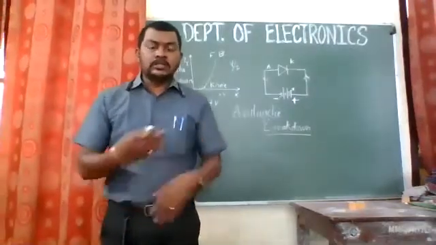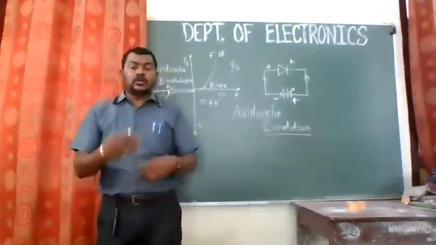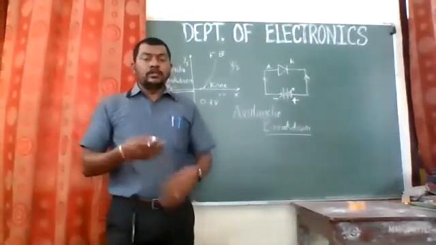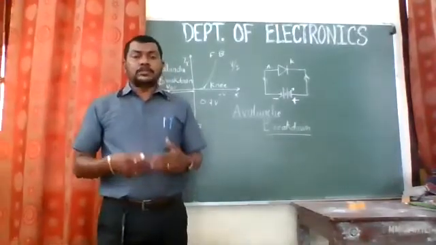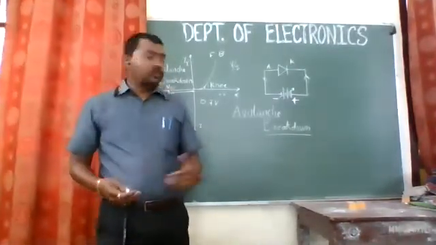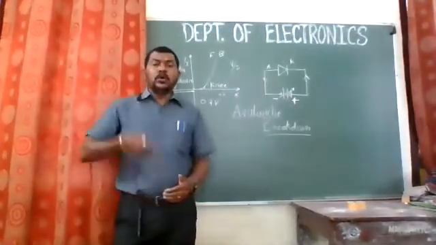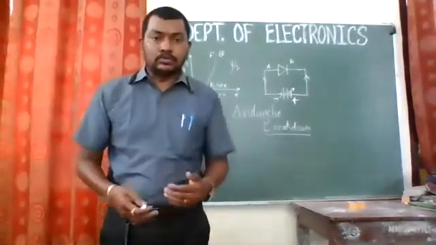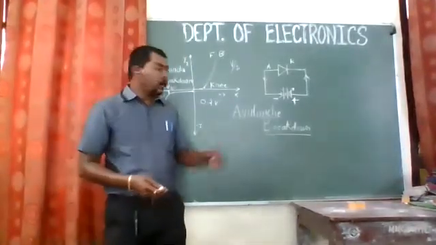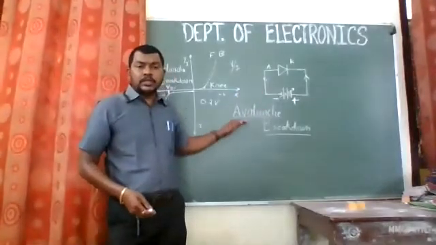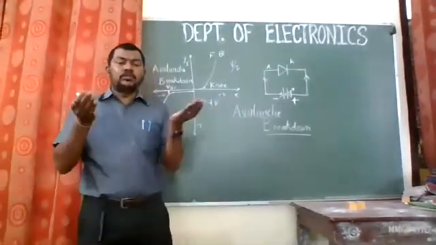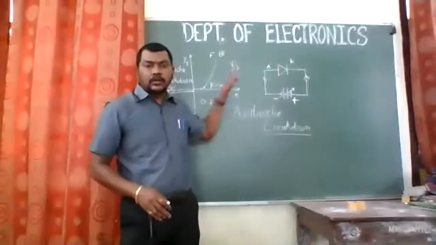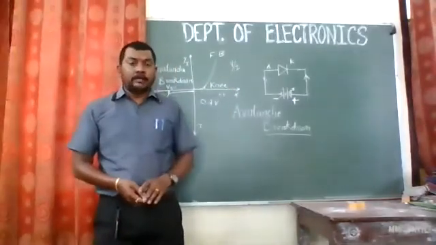As you increase the temperature, automatically the electrons will start vibrating. As you go on increasing the temperature, they will vibrate more, and what happens? Some electrons will free themselves earlier, before this voltage. So as you go on increasing, the avalanche breakdown will happen early, right? So the effect of temperature is, as you increase the temperature, the avalanche breakdown voltage will decrease, right? This is the basic concept of that. So we have covered the topic of the effect of temperature on avalanche breakdown.